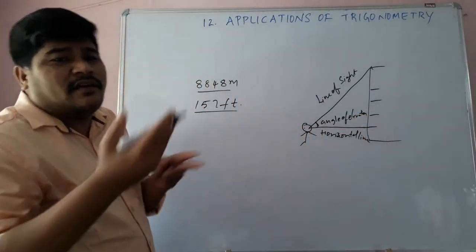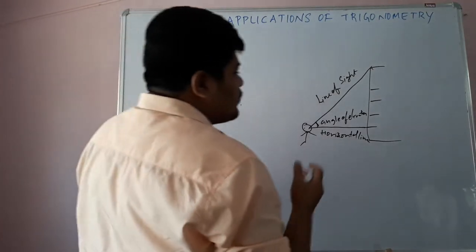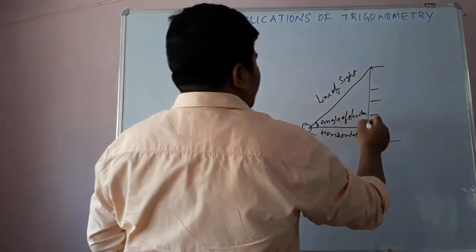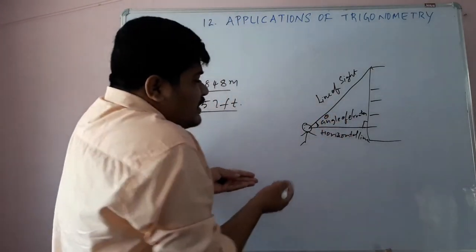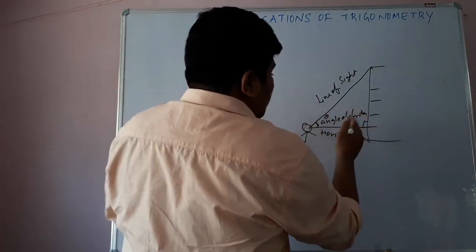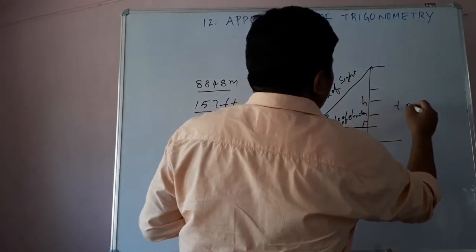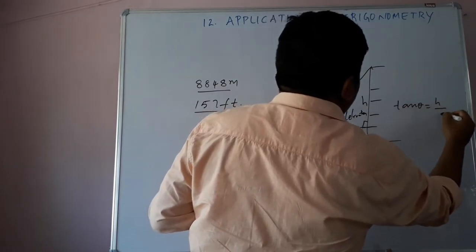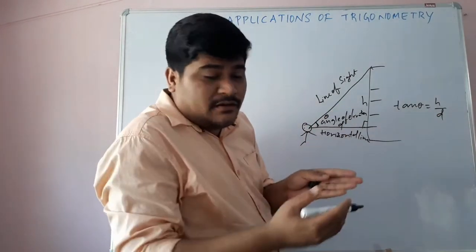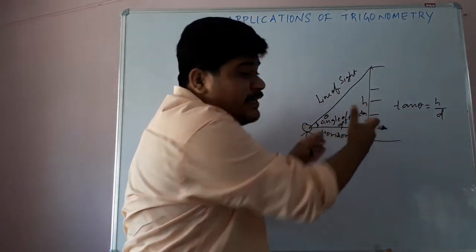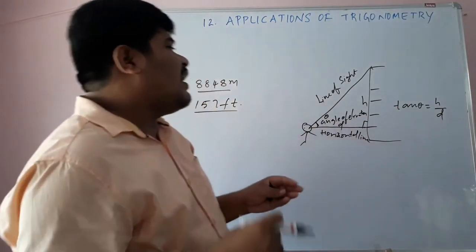Always we have to consider heights as perpendiculars, it means 90 degrees. So here we got a right angle triangle, and suppose we know this angle, and the distance between the student and the apartment building is some d, and the height of the building is h. Then we can write tan theta is equal to h by d, right? If we know this angle and the distance between the student and the building, then it is easy to find this h value. Now let's assume the other case.